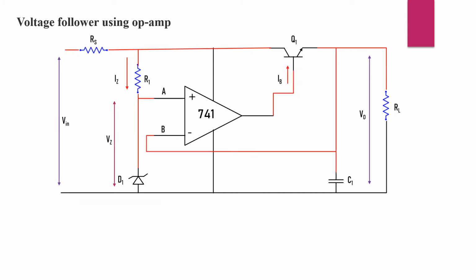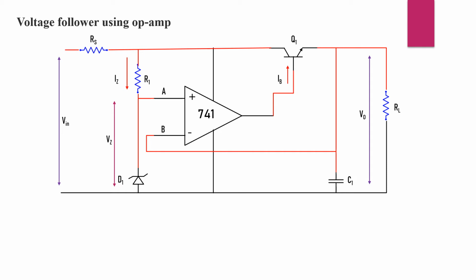Seeing the circuit diagram of this voltage follower regulator using op-amp, as we have discussed in our previous video session, the regulator has four main components: the reference voltage, the error amplifier, the feedback path or feedback signal, and the control element. So this entire circuit diagram comprises those parts. The Zener diode D1 is used as a reference voltage. Vz is the reference voltage, which is decided by the Zener current Iz and the drop across the diode. The comparator is used as an error amplifier.